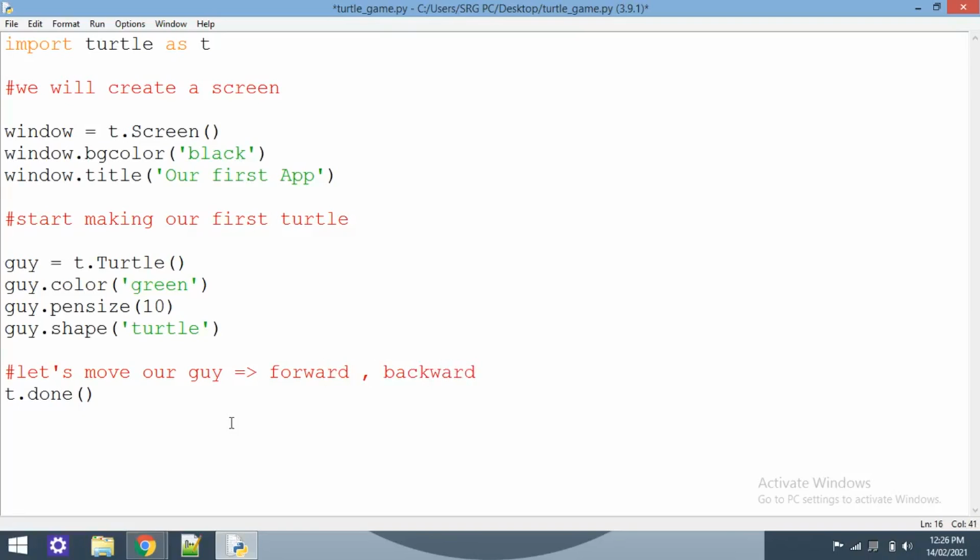It's good to write the full name. And to rotate, when you want to go left, you rotate yourself left, and when you want to go right, you rotate yourself right. So we have the left function, which rotates by a degree, and the right does the same. You have to write the degree.